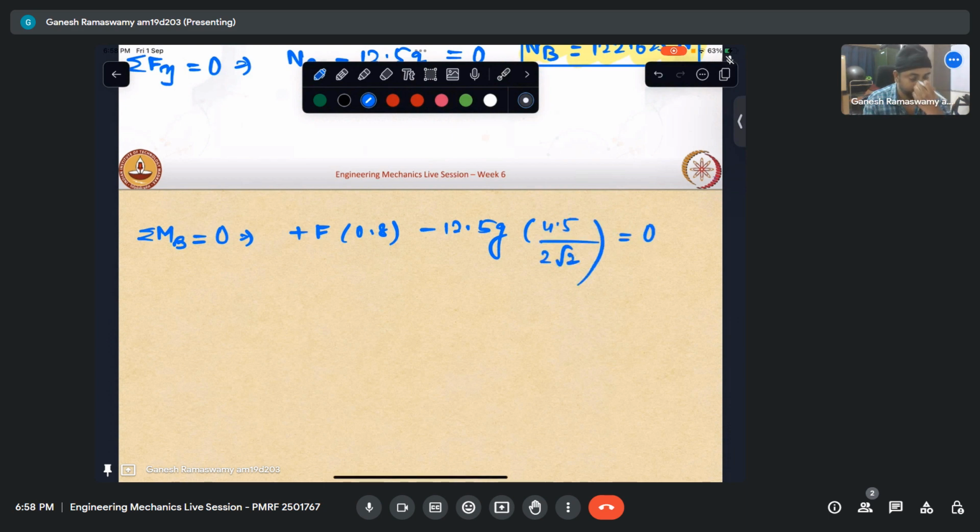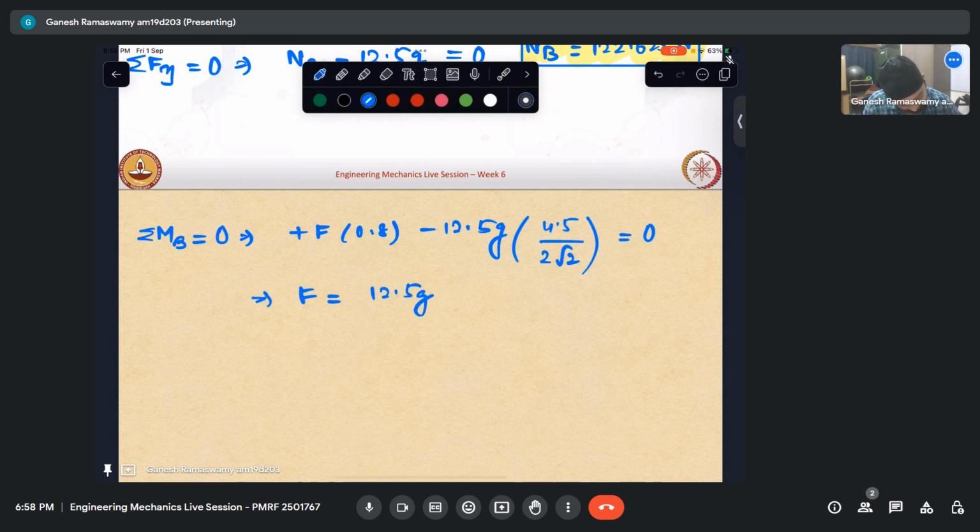Why equaling 0? We take it that this configuration is possible and it is in equilibrium. Let us see if it gets violated or not. We are assuming that this configuration is possible and we are equating it to 0. From here I can calculate F comes out to be 12.5 G